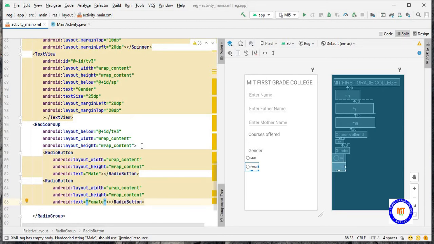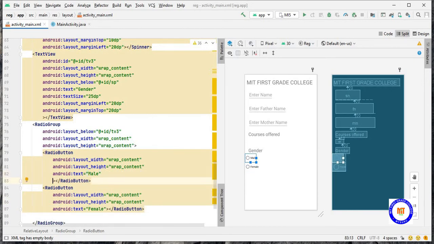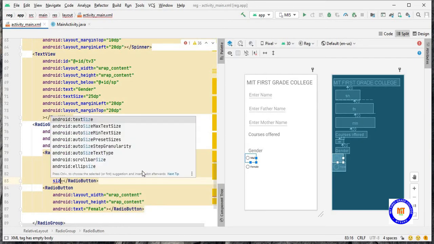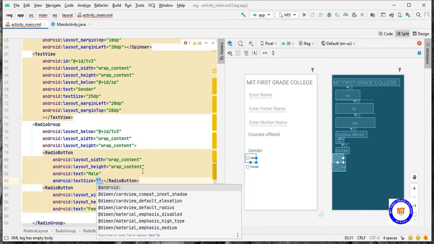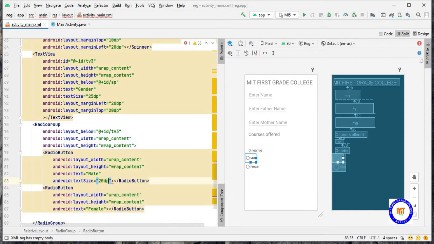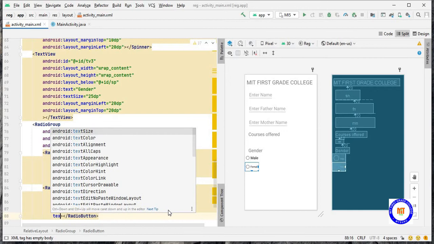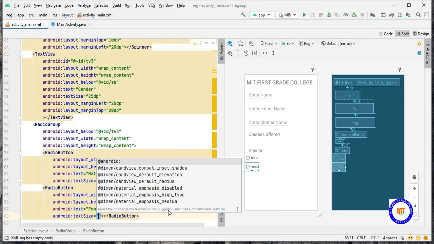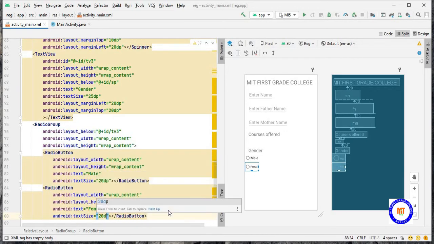We'll increase the text size. Let this be 20 dp. Here also we'll give the size. Text size be 20 dp.